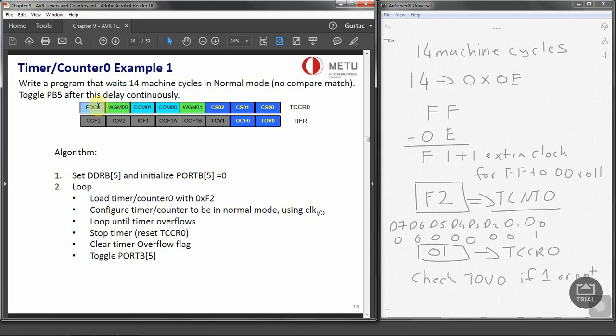So it's giving us all the structure of it. And when it overflows, we have to stop the timer, so we have to reset the TCCR0, we have to clear the timer overflow flag, and as the question asks, we have to toggle PB5 and so on. So now let's write the code for it